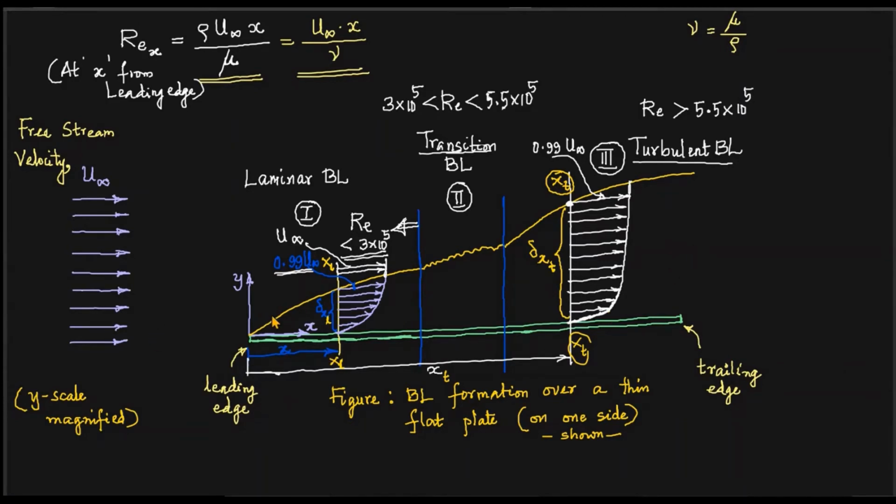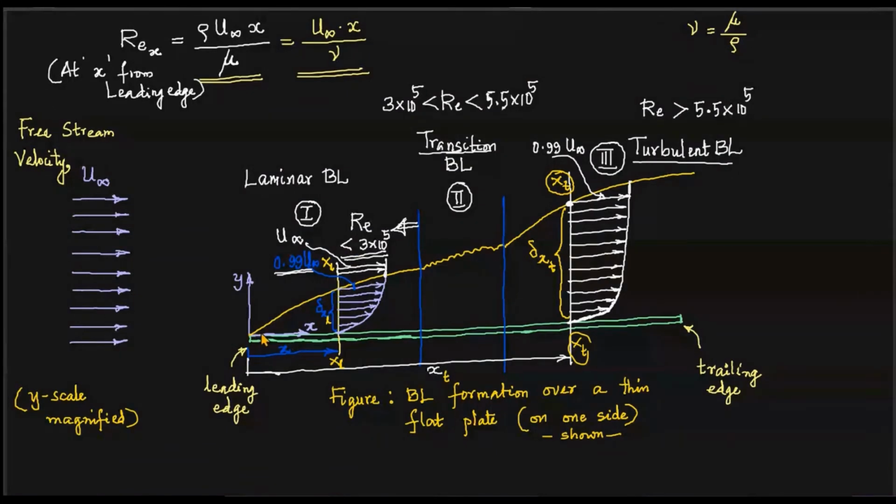Any fluid layer which is coming into this zone of boundary layer will be getting decelerated. That means its velocity decreases. So those layers which lose their velocity will be falling into this boundary layer region. And such layers will be further decelerated. That means velocity is further reduced. So in such case, those layers which suffer from this kinetic energy loss, meaning reduction in velocity, will fall into the region. So more and more layers fall into the region, and as a result, the boundary layer grows in size.